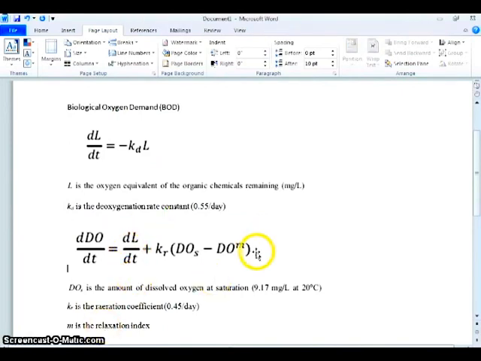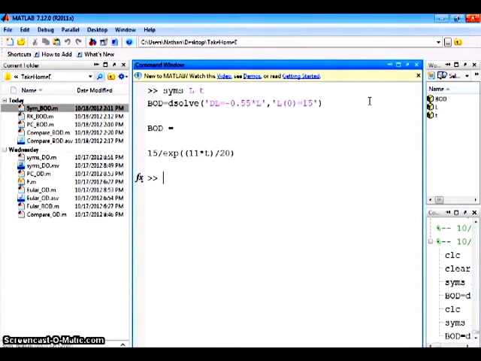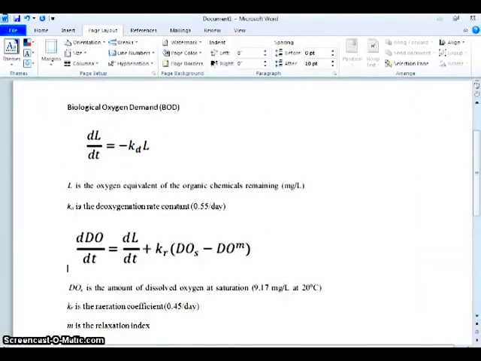The first thing that we need to do is describe dL over dt as a function of t. So we will use Symbolic Matlab to solve that equation. The resulting answer gives us our dL/dt as a function of t. Since we now know dL/dt, you can see that our differential equation is now just a function of t